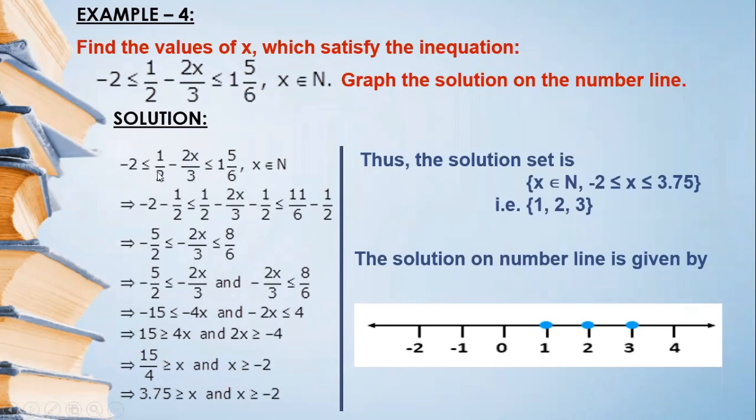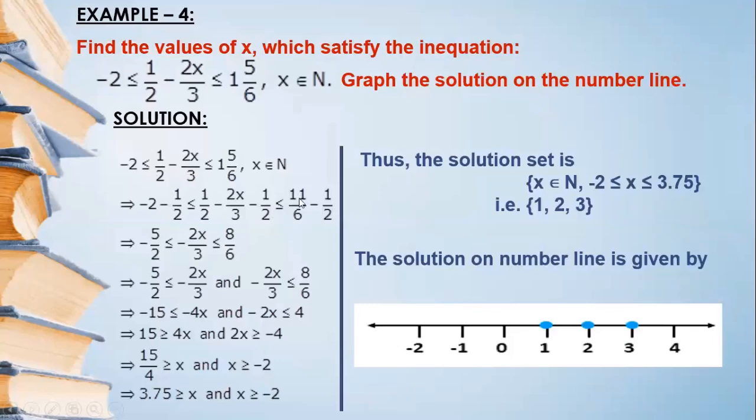Now, if we see the middle term, we have 1/2 - 2x/3, and we need to evaluate the value of x. So 2x/3 is the required term. 1/2 we need to remove. And since here 1/2 is positive, from all three sides we will subtract 1/2. So we will get -2 - 1/2, and from the middle term, 1/2 - 2x/3 - 1/2, less than or equal to